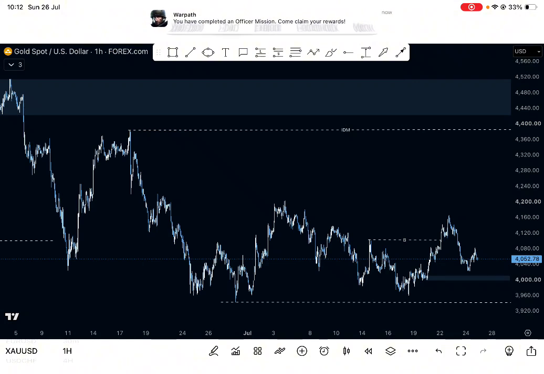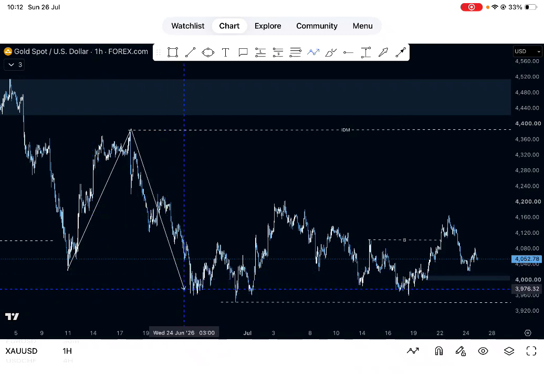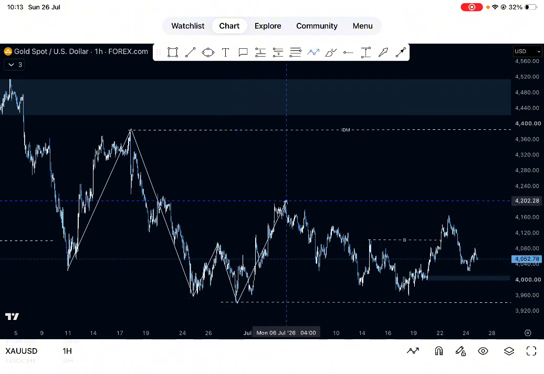because this will be my low and high. Of course, it broke structure. It made a continued break of structure again to the downside, and this was a change of character. So from this low, this was the highest point. From this low, this was the highest point, and